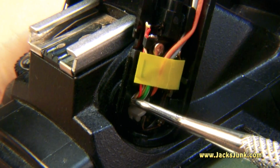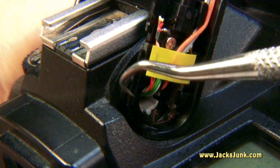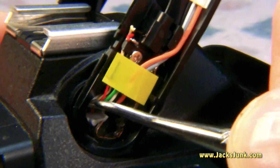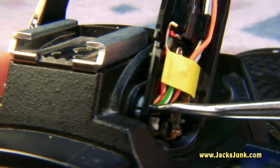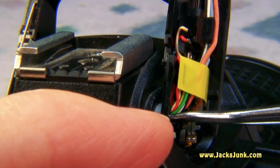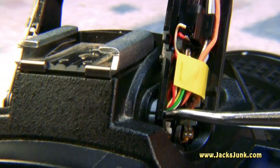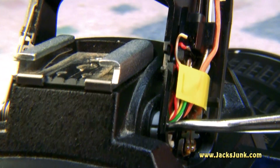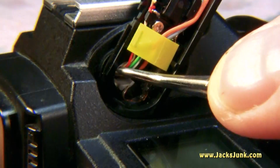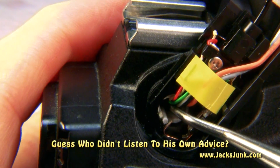Give that thing a nice tug, and I'm sure you've seen that move. This whole section, the hinge and everything, moved. Now you can see how far out I've got it pulled out, and now I've got to try to get the hinge back on that white piece, and then I think once I get that to do that,